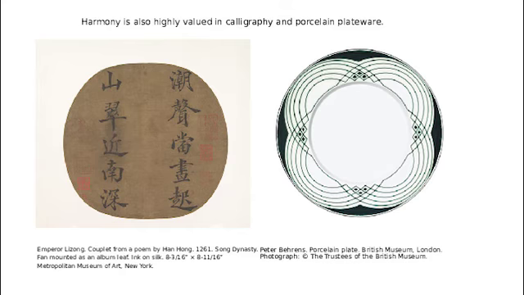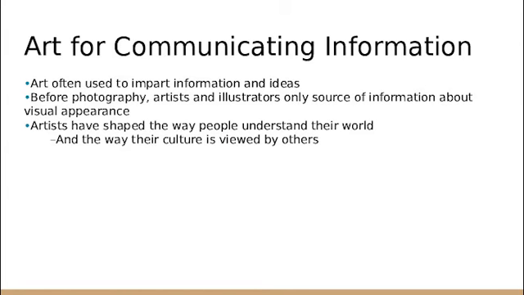Another purpose or function of art is art for communicating information. So art is often used to impart information and ideas. If you think about back in the day before photography, artists and illustrators were the only source of information about visual experience. Think about scientific illustrations, before photography, the only way to know what a pair of human lungs looked like is because someone